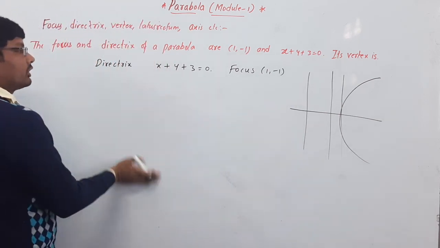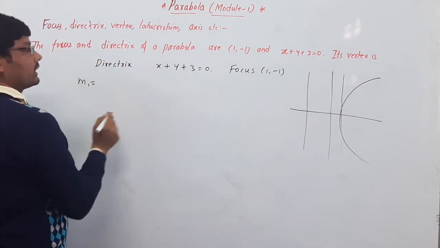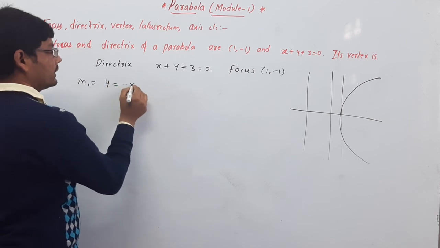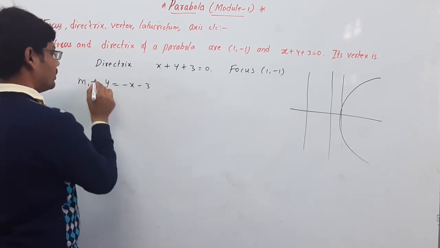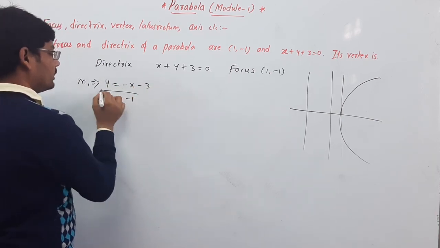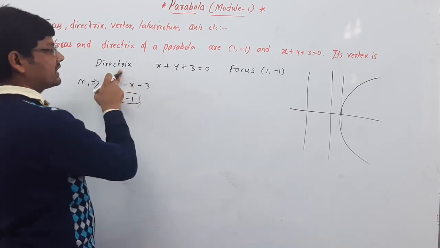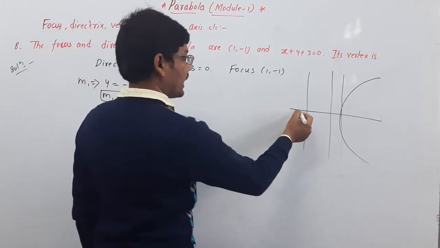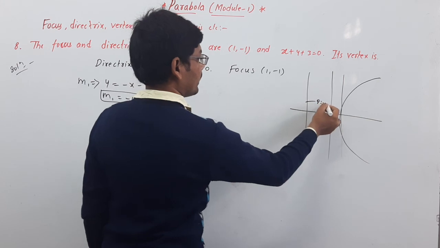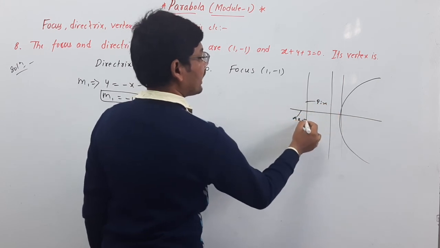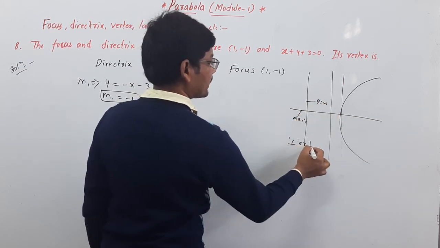The slope of this one, m1: y is equal to minus x minus 3, so m1 is equal to minus 1. And the directrix and axis are both perpendicular to each other,